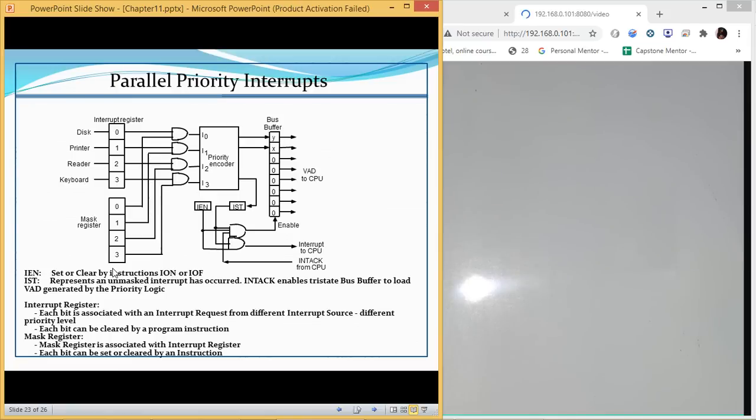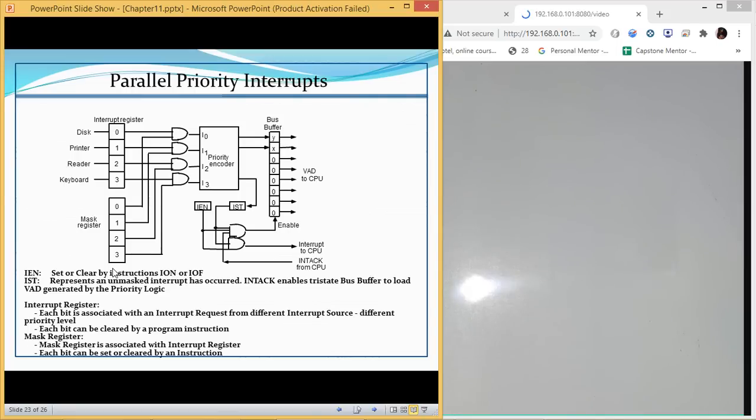It can prioritize the disk over lower priority devices such as the keyboard. So when the keyboard is executing, the disk will still be able to interrupt the CPU. But if the disk is executing, the keyboard will not be able to interrupt the CPU. That is how you can implement it with the help of the mask register.